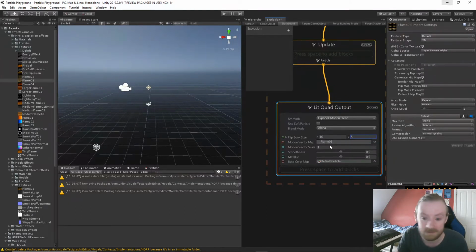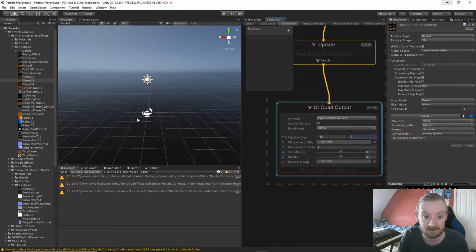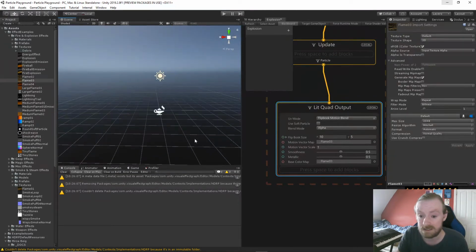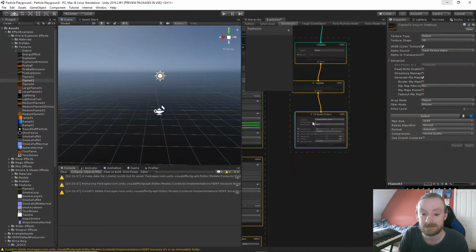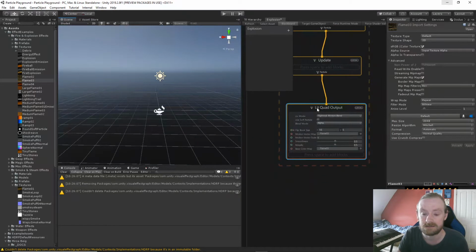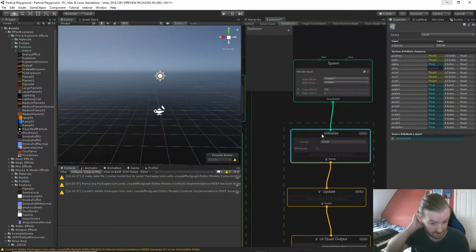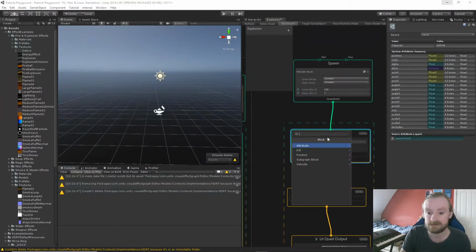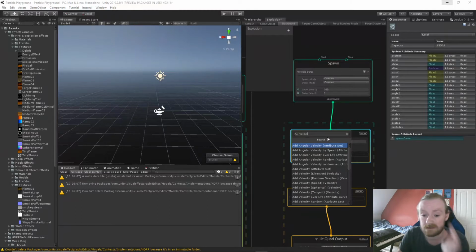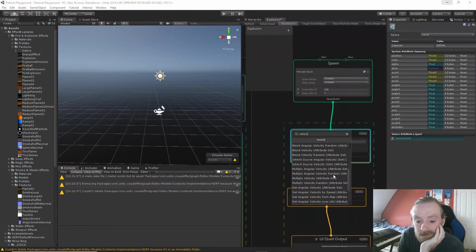It brought in the motion vector map automatically. Oh no, it didn't, because frame 3. Pop that into the default particle. And we need to put in some velocity. In the initialize, we'll just do, I guess, velocity. Add velocity, set velocity over life,